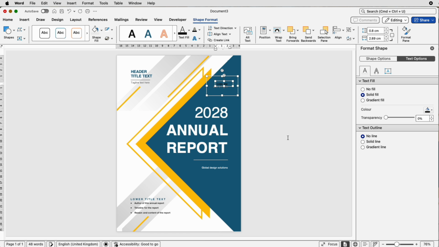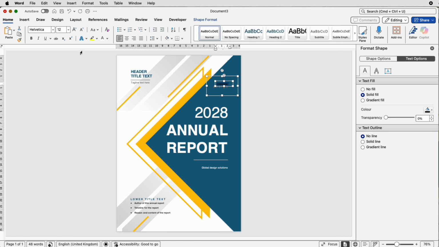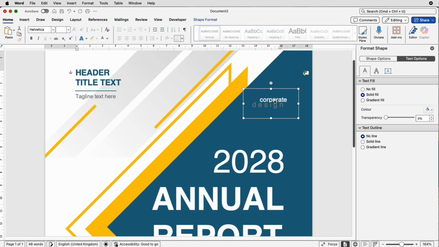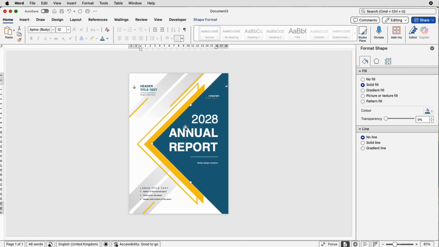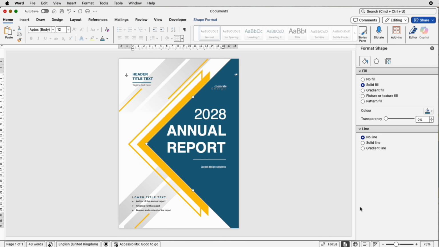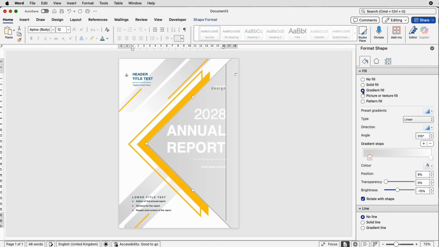This corporate sign here, this one, I'd like to select it and change that to white. That's the font color there. Maybe increase the font size a little more. Let's just move that over a little bit. For this triangle here, we can change the gradient or the color. So select it, go to format shape, go to gradient fill, and once again click on this little marker, go to color, select the darker